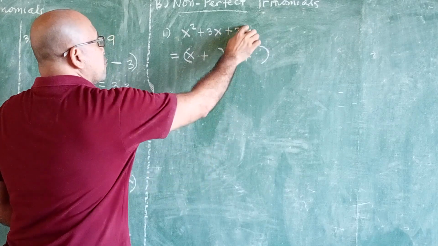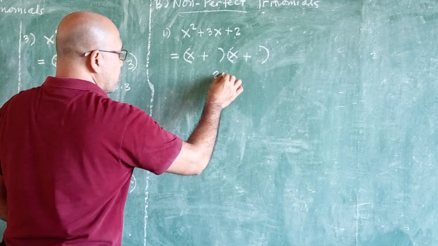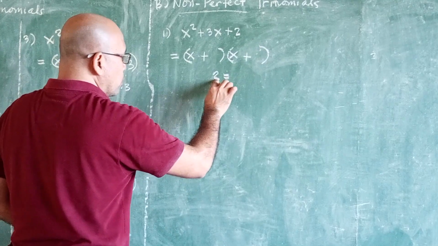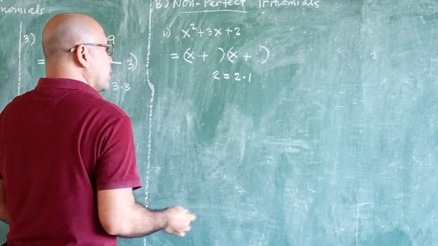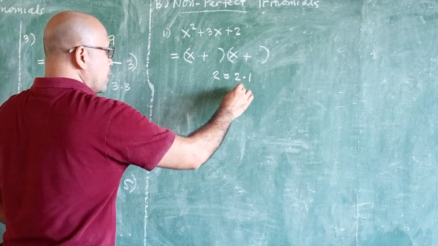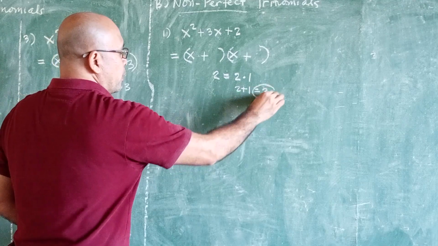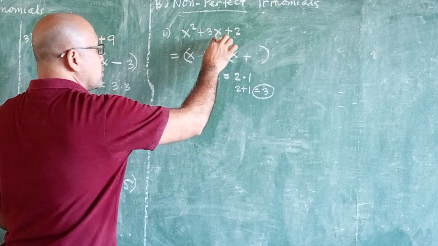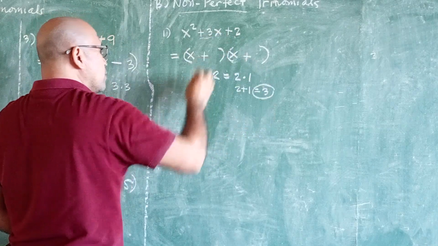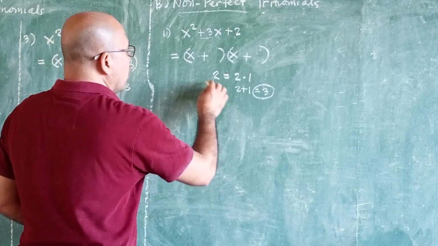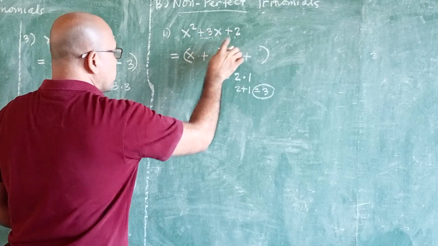And then, factor out 2, the last term. You get all possible factors of 2, that is only 2 times 1. When you add these two factors, 2 plus 1, the result is 3, and it should coincide or match the coefficient of the middle term. And when it happens, you can say that your final complete factors of x squared plus 3x plus 2